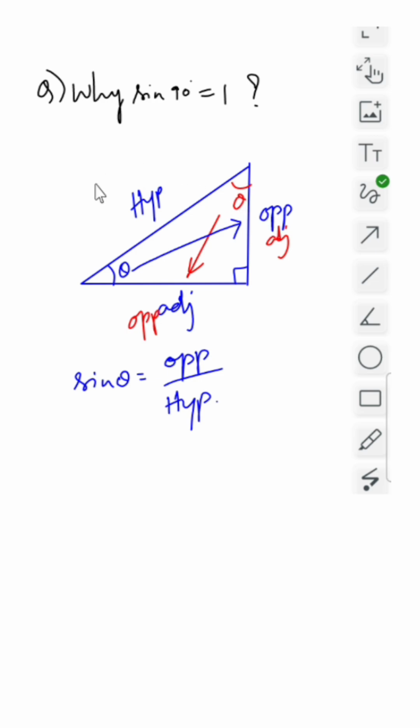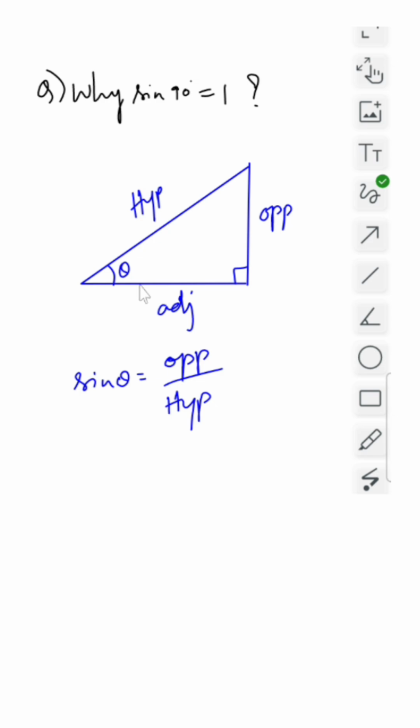then the opposite side of this angle is called opposite. So it varies. Let me erase the red color one. This is called opposite by hypotenuse. Now my question here is: